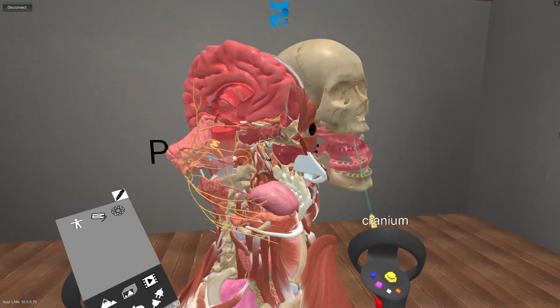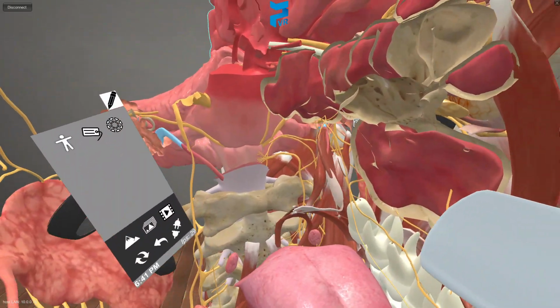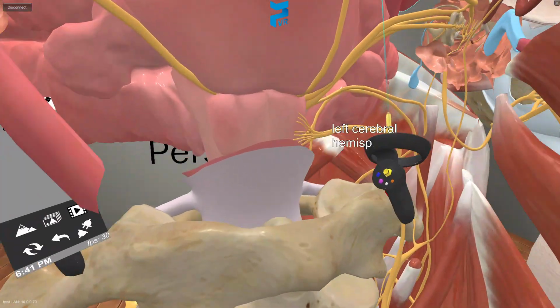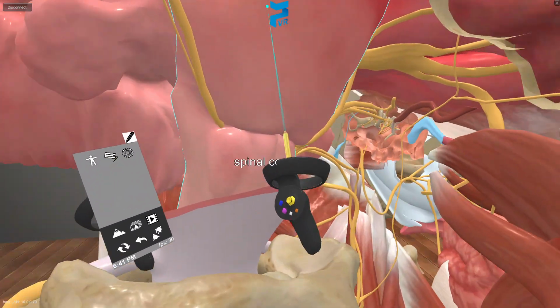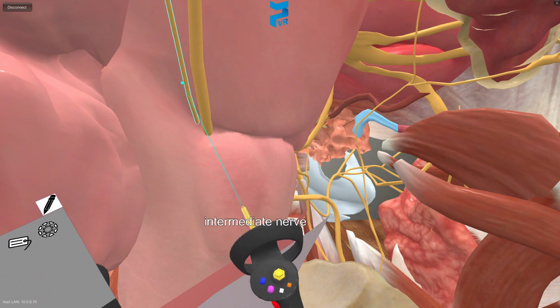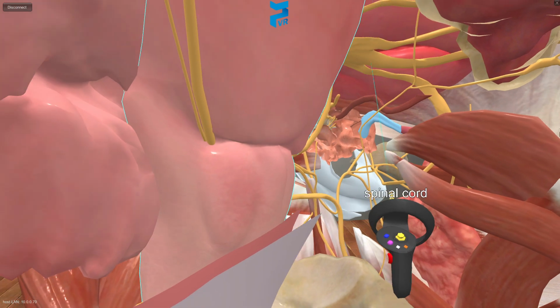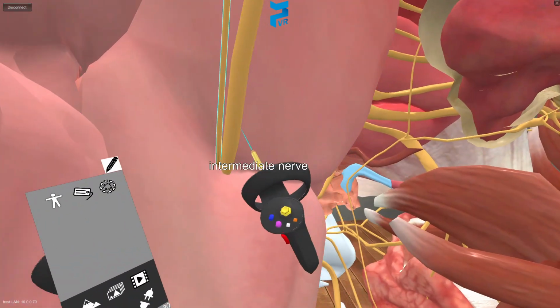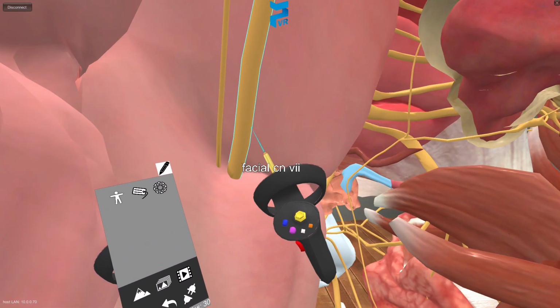Let's review the course of the facial nerve. The facial nerve has two main roots that arise from the lateral surface of the pons at the cerebello-pontine junction. Here, we can see a larger motor root that arises from the facial motor nucleus in the pons and forms